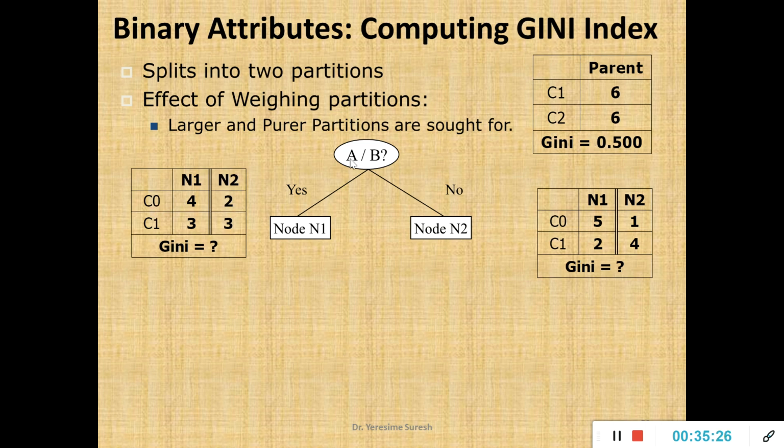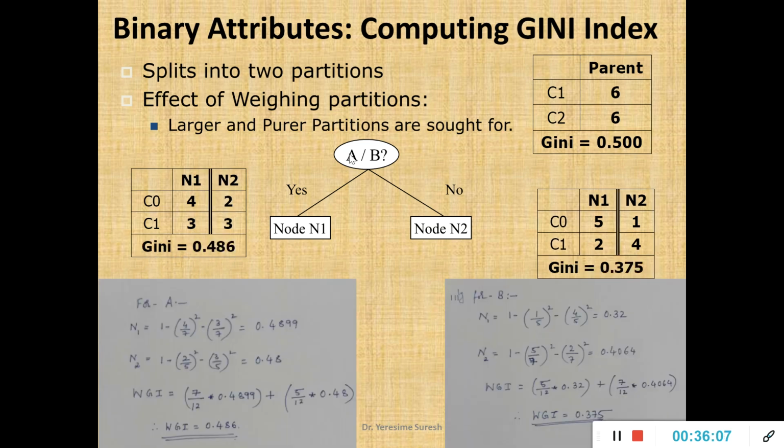Now I have split this with two attribute conditions A and B into two nodes, node 1 and node 2. And again these node 1 and node 2 with respect to two classes have instances divided as 4 and 3, 2 and 3, and I'm supposed to find the Gini index value. For a single node, the same way we solved the previous example, where we found Gini index, entropy as well as misclassification error rate, you are supposed to repeat the same process. But now I have divided the instances into two partitions, with two nodes n1 and n2. So my objective is to find the weighted Gini index. How to find the weighted Gini index?